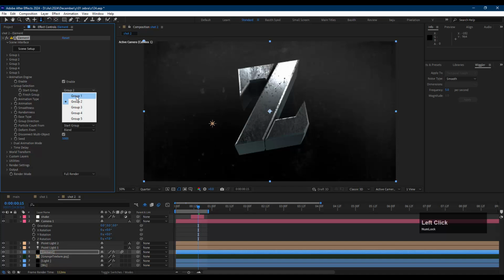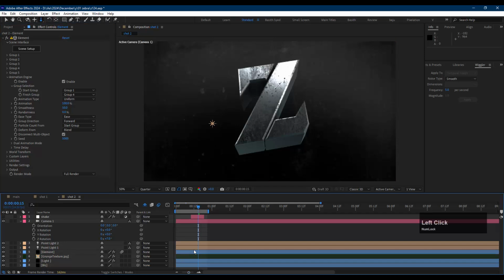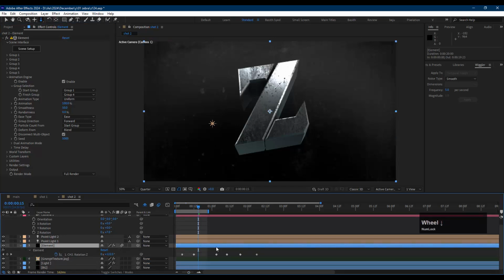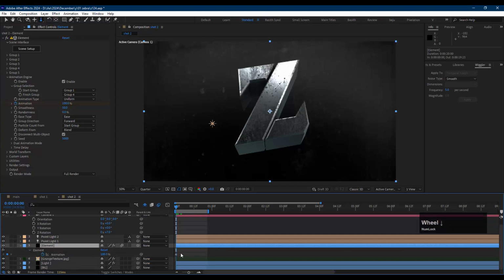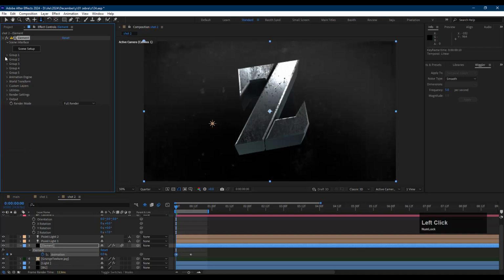Set the start group as 1 and the end group as 4. Press U. I think we can delete these keyframes by clicking this icon. Now press U. There won't be any keyframes. So create a keyframe by clicking in this animation. Now press U to reveal it. Select this keyframe and then move it a little bit further and then press 0 and then just close it. Then click 1, go to particle look, go to multi-object, select this multi-object,